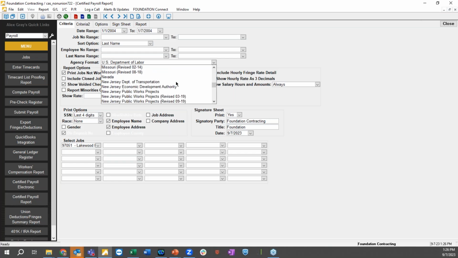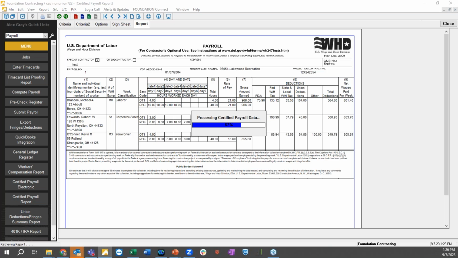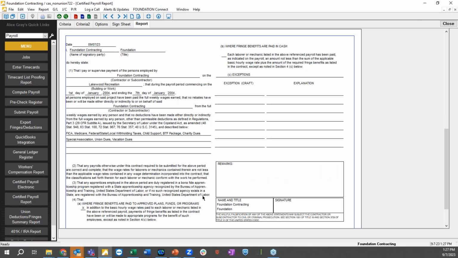If the report format changes, we're gonna stay up to date with it for you as a Payroll for Construction client here, but I'll jump in that generic U.S. Department WH347 here, run that certified report, pull in all the information, and also even generate those signature pages for us. PDF it, pull it outside the system, send it off where it needs to go.